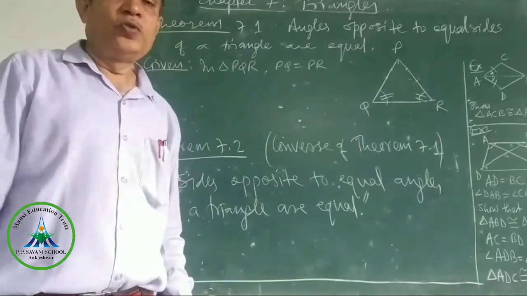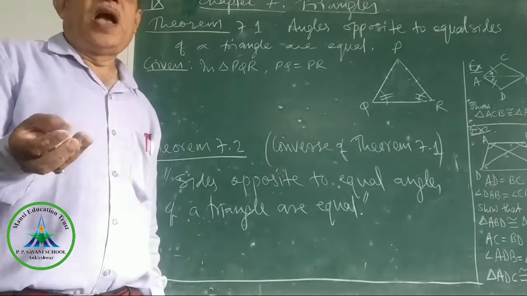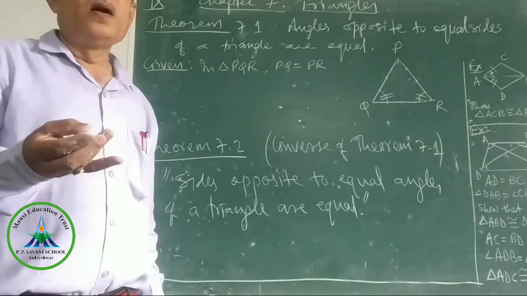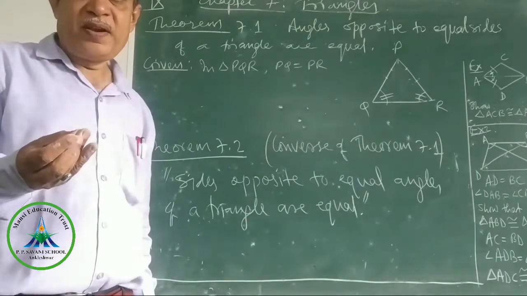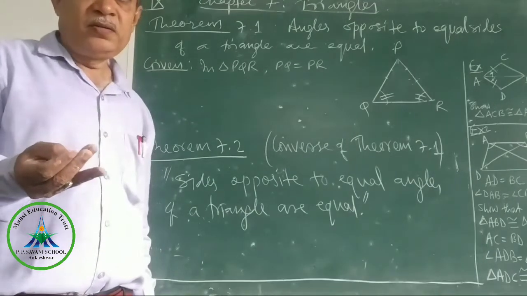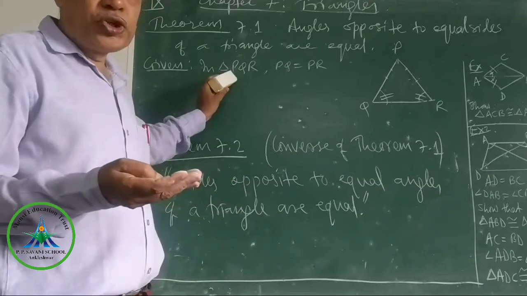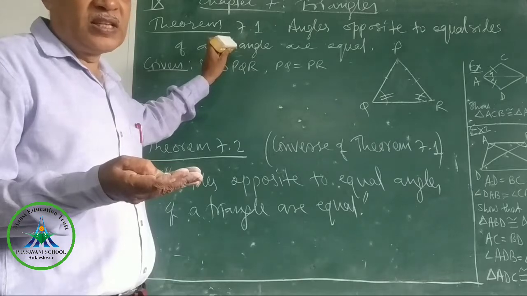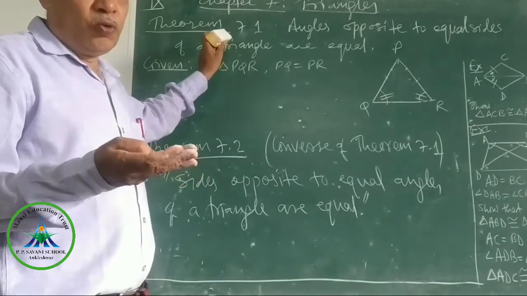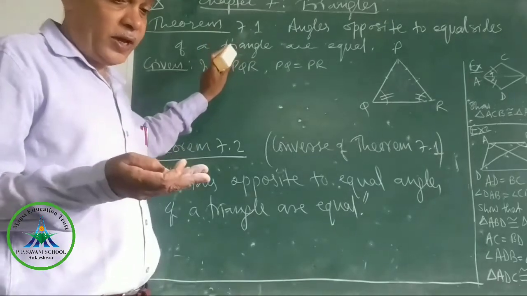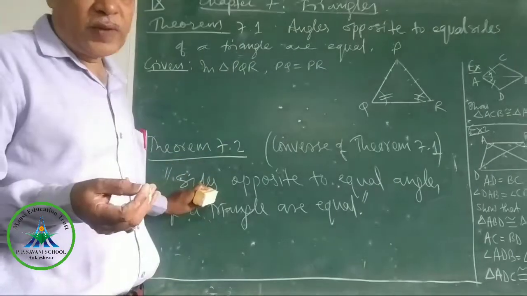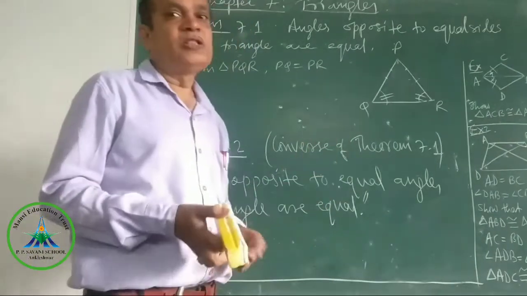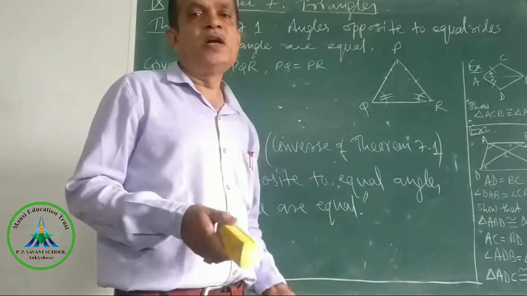Okay. We got the side angle side statement, angle side angle statement, then corollary angle angle side statement, SSS congruency statement, RHS congruency statement. We got this: angles opposite to equal sides in a triangle are equal. This theorem is in the syllabus, proof is in the syllabus, and only one theorem, so very important. Okay, and its converse, sides opposite to equal angles are equal. So all these statements are helpful in solving numericals. Okay. Now today we will solve some examples based on all the theorems we have learned one by one.